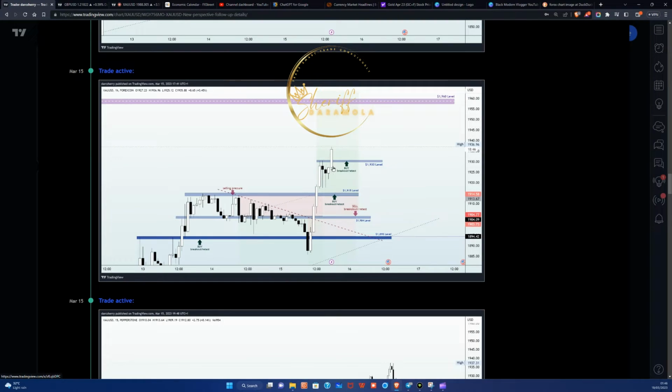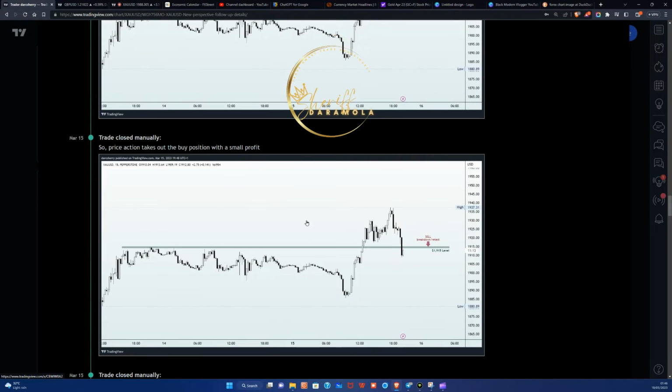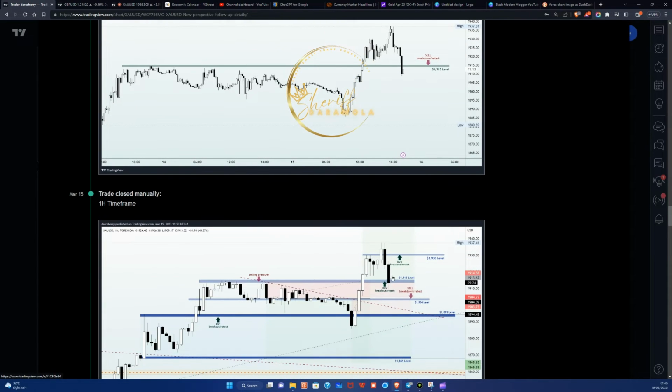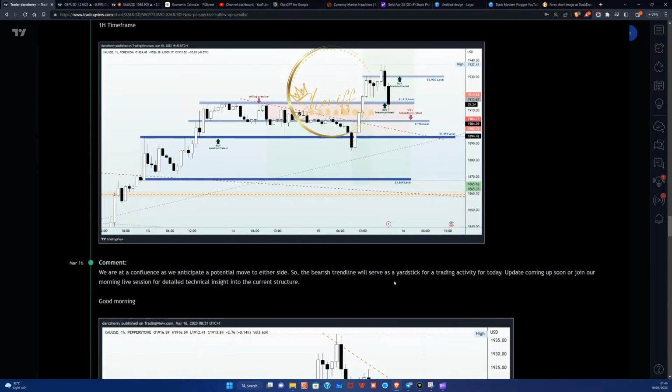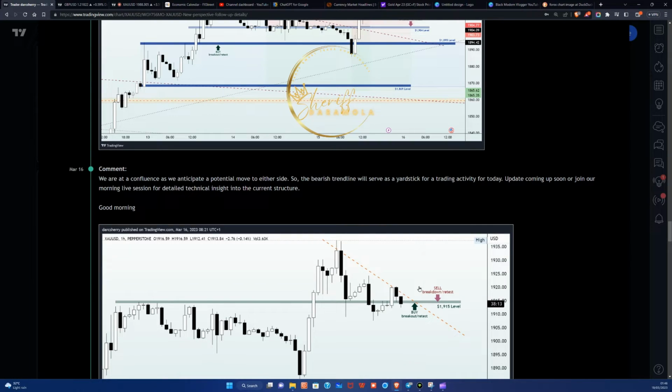Then what happened here? We saw price action drop back into the 1915 level, a level which was our resistance point at one point. And then at this area, I identified a simple setup where I was initially thinking it's going to be a sell momentum. But with the rejection of the 1915 here, I told us all to have a buy stop order above the 1915. And from this point on, I think the following morning we identified a simple setup too as well,